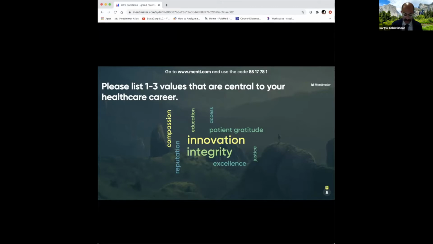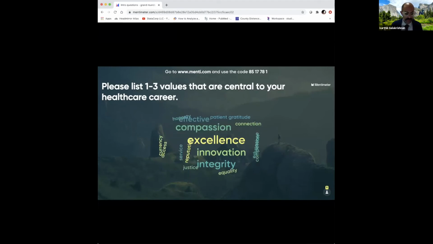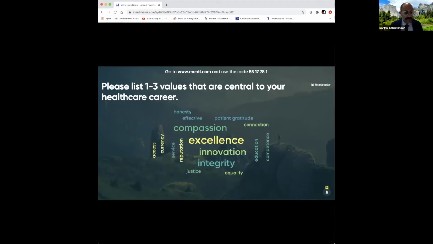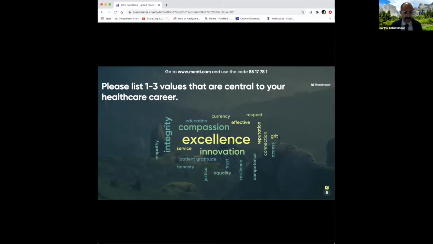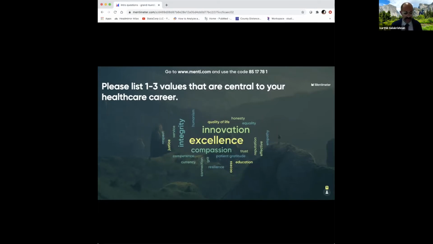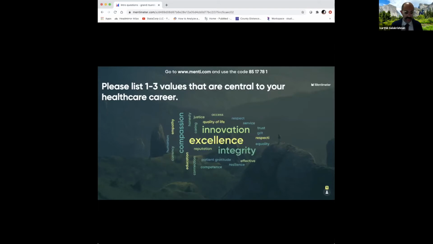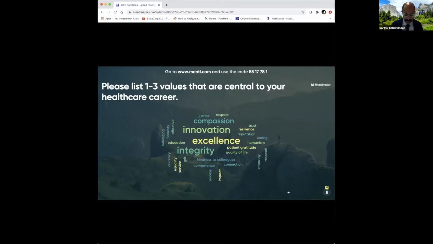I'm going to give just another minute or two here as people's responses start to come in. So we can see that really a lot of these are values that we all share. I think it would be hard for any of us to argue that any of the values that are up here are problematic, and we all strive for these things and strive to make these our drivers in our careers. So I'm going to skip to one more question here for a second,